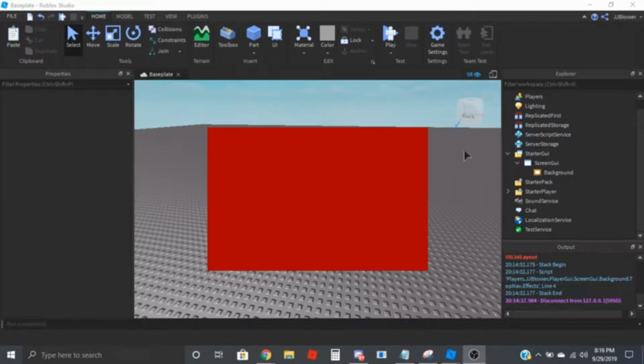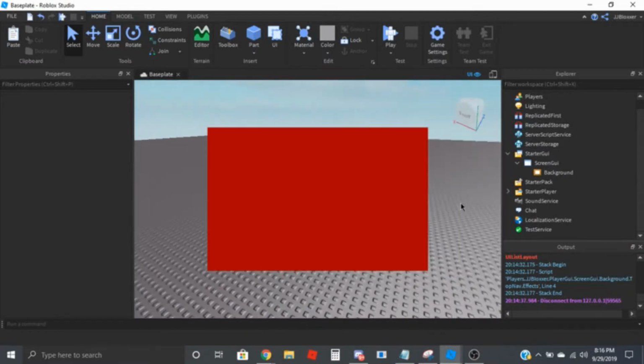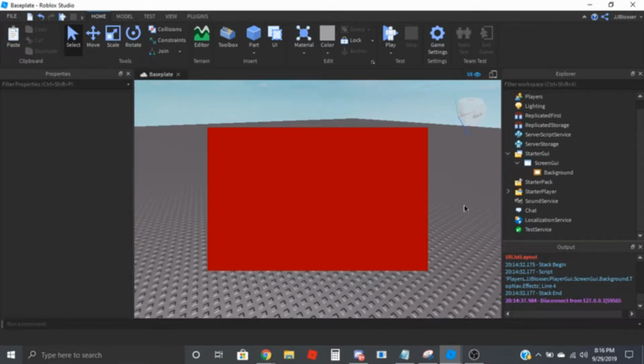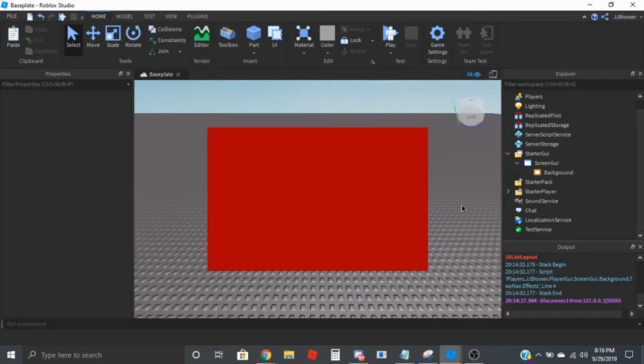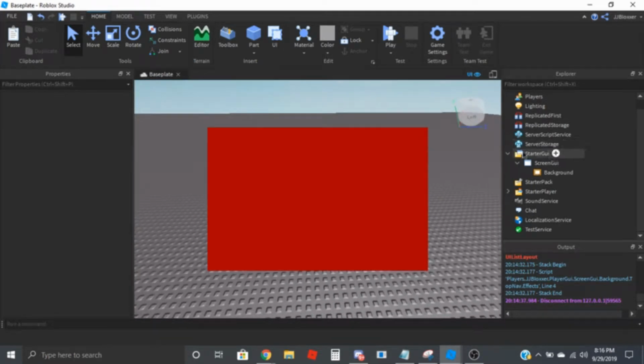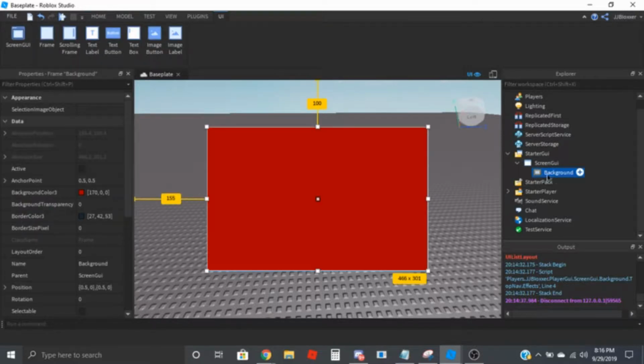So this is going to be a quick video on how to make a really cool button hover effect. So I would assume you already have your UI that you want to place this with. So I have a background here. This is just using a frame. I didn't do anything fancy with it at all. Just placed the frame here and colored it and sized it to make it look like maybe like a shop